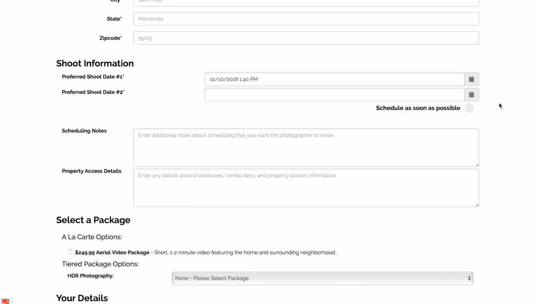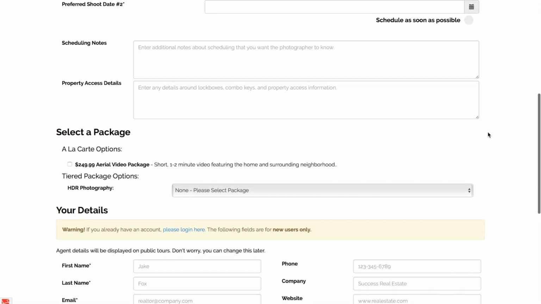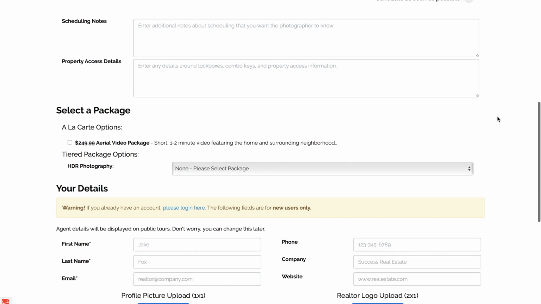We do require that they select a specific time. We know some photographers schedule based on windows. That's fine. We just wanted this as an easy way to gather the times that work well for the agent. They can also select if they'd like to schedule the shoot as soon as possible. We have fields for additional information on scheduling, such as property access details, and then just notes about when they'd